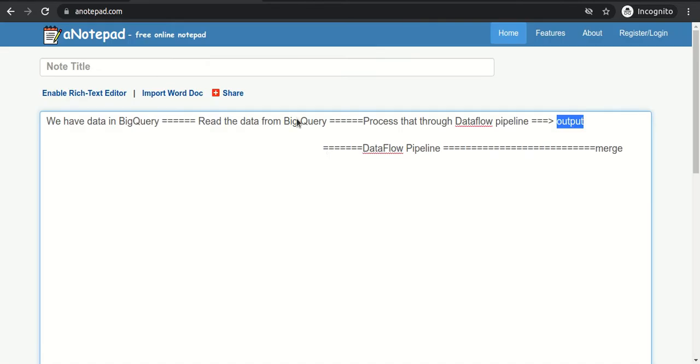Generally, till now, we have seen a normal pipeline, step 1, then step 2, then step 3, a kind of sequential pipeline.